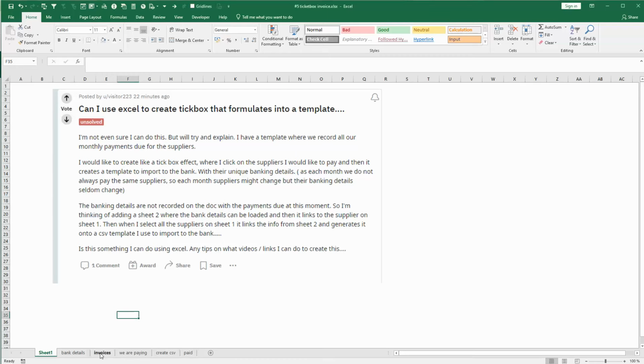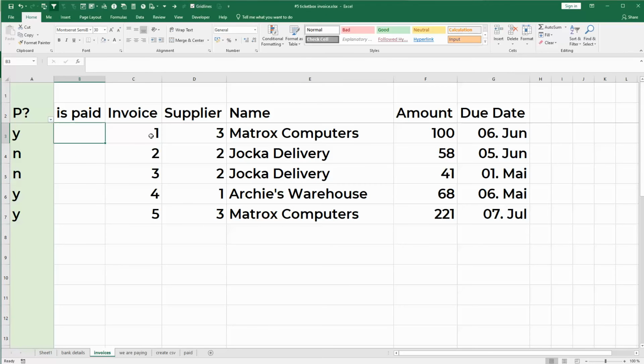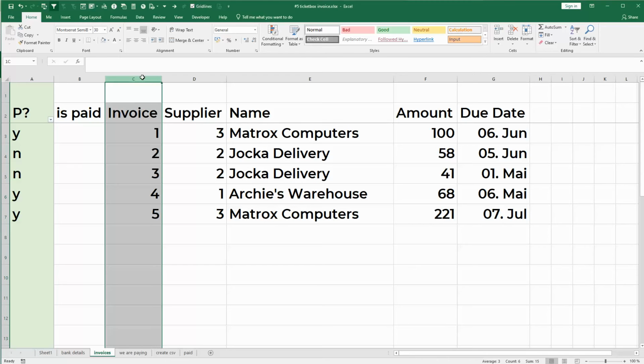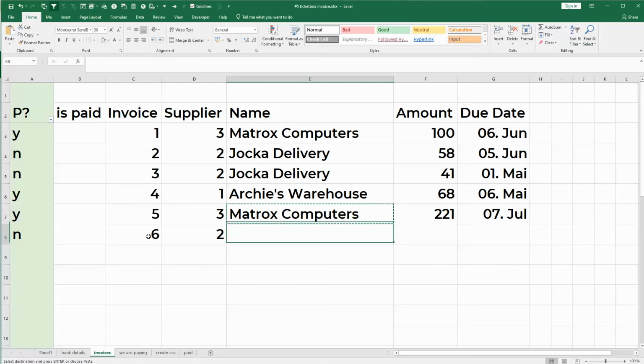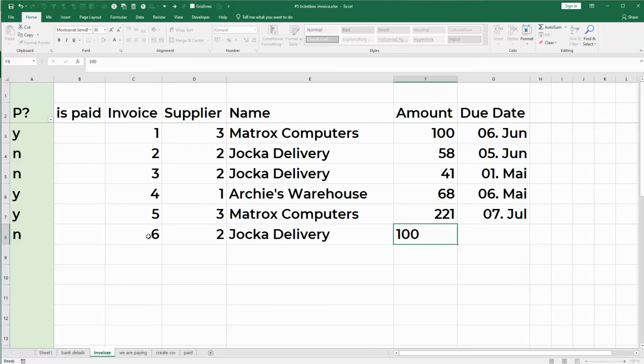So first of all, they want to have a list of invoices. And one of the things you do always with this type of stuff is you need to have a unique ID. And in this case, you have a supplier ID. And once you enter your supplier ID, you automatically will have the name pulled into that. So if I do a new invoice and I say this is by 2, if I copy down this one, that works as well. Then I can enter an amount and I can enter a due date, let's say 1st of June,